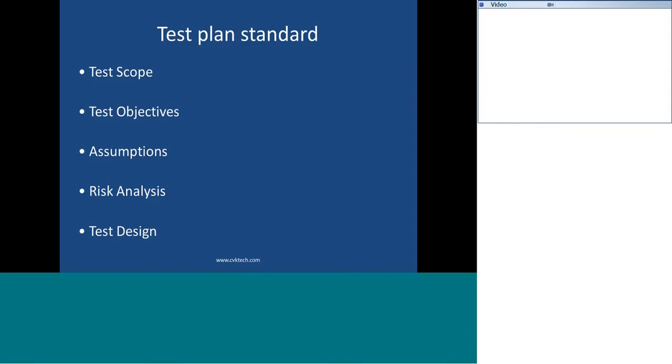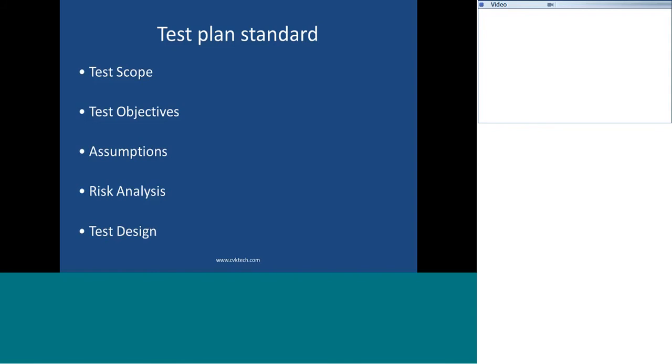testing cannot start. We may be ready with all the test cases and test scenarios, even the test data, but if the application is not there, execution cannot start. So this is one of the biggest risks. And some of the risks that will be there are people related risks. One good example is that we have a team of 10, and 2 or 3 people may get an ad